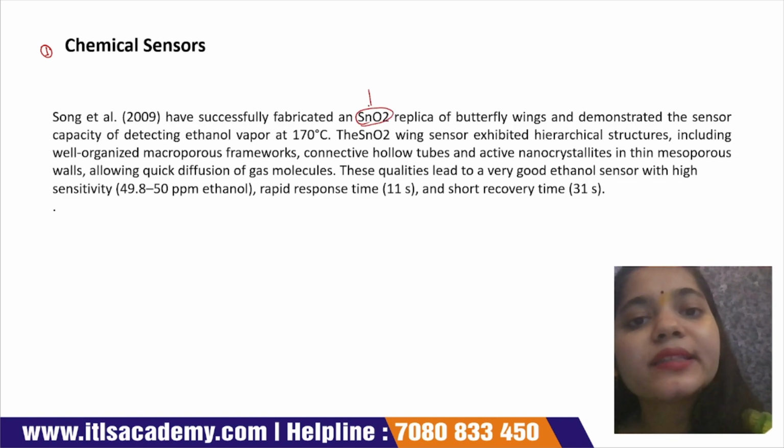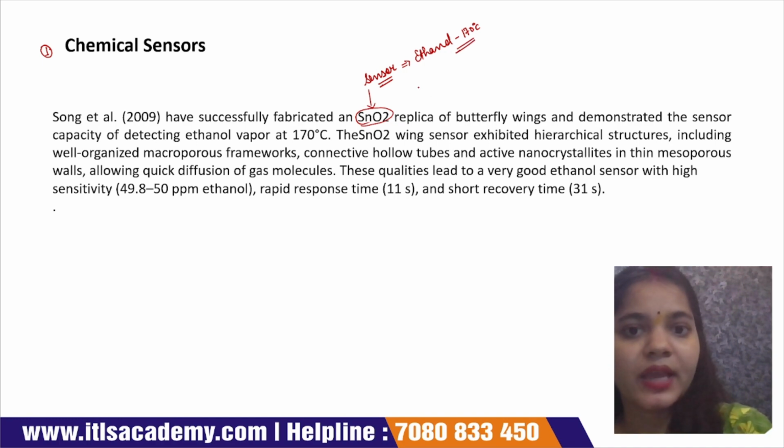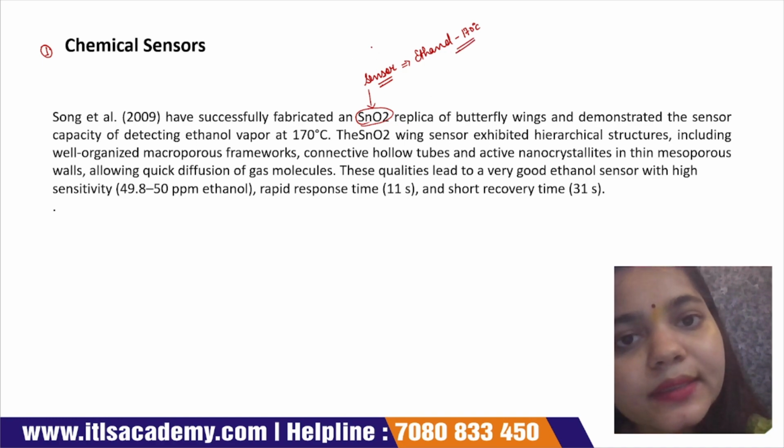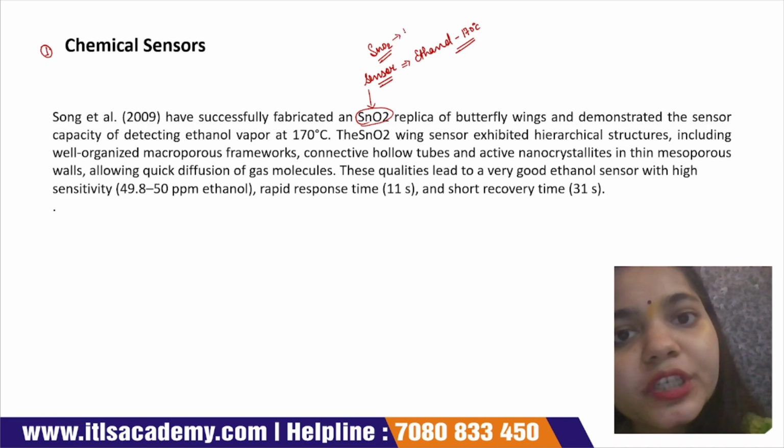And this SnO2 wing replica acts as a sensor for detection of ethanol at 170 degrees centigrade. This SnO2 hierarchical nanostructure